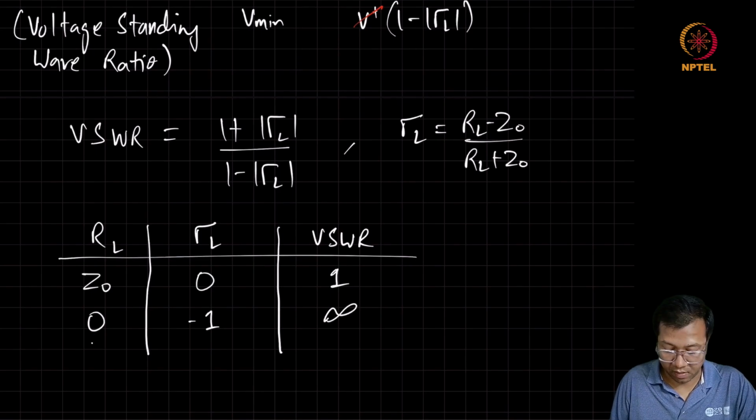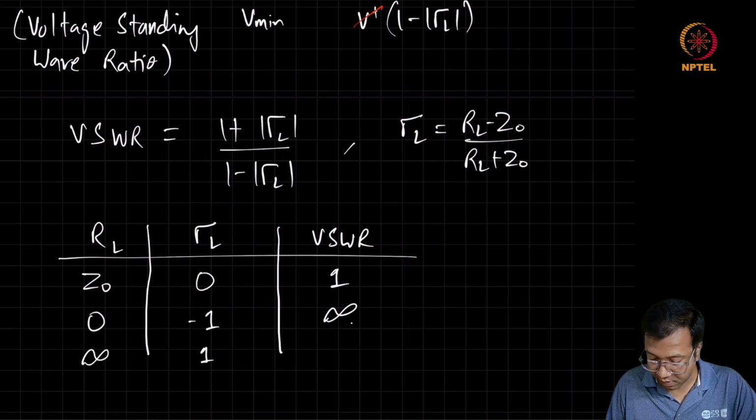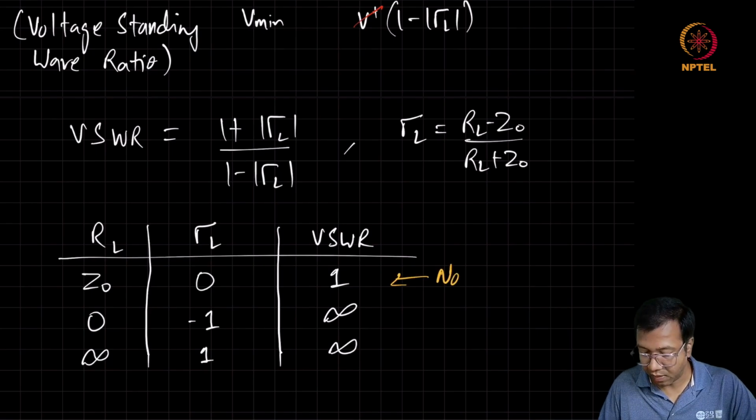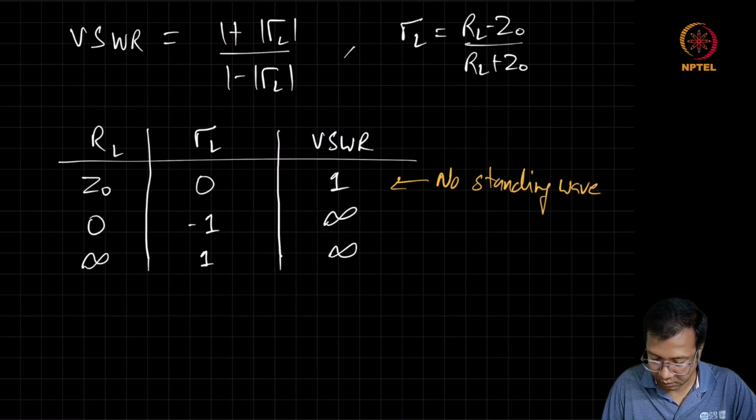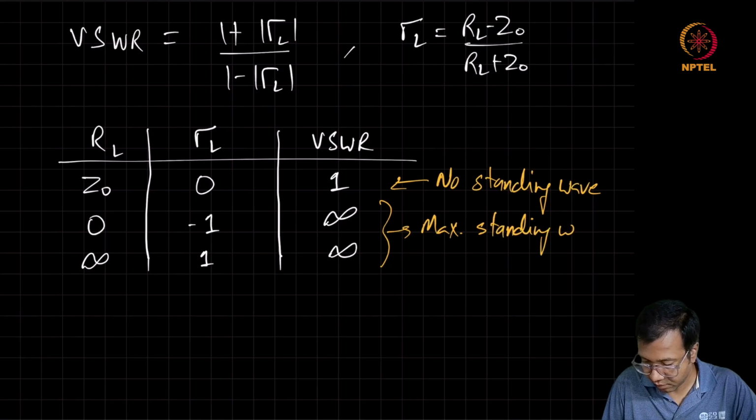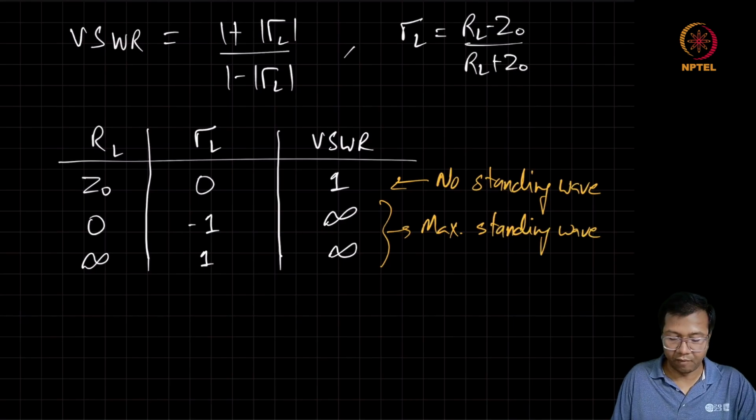Similarly, when RL becomes open circuit, gamma L becomes +1 and VSWR again becomes infinite. Here we get the maximum. The standing waves are